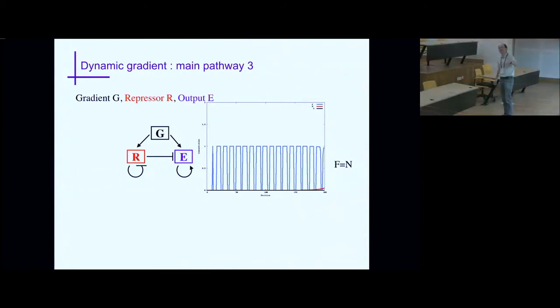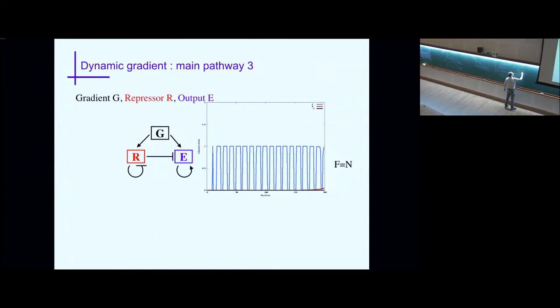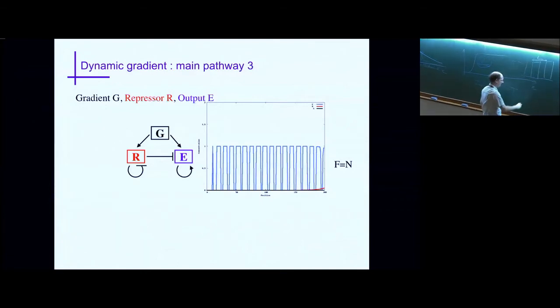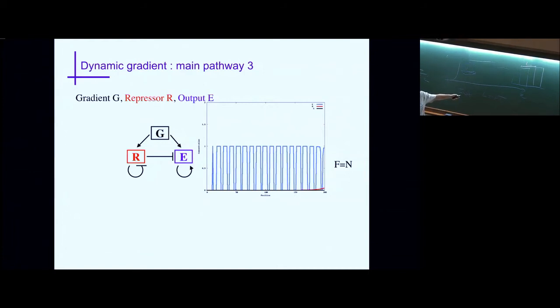Yeah. This size here is the distance between... Okay, I don't have enough precision to do it on the slides, but you have your stripes like this. This L here is the distance between the left side of one stripe and the left side of the next stripe. What regulates the relative size of up and down things happens right at the bifurcation, so you need to look at the detail of the interaction of the oscillator with the bistable system. You need to be a bit more precise. Yes?